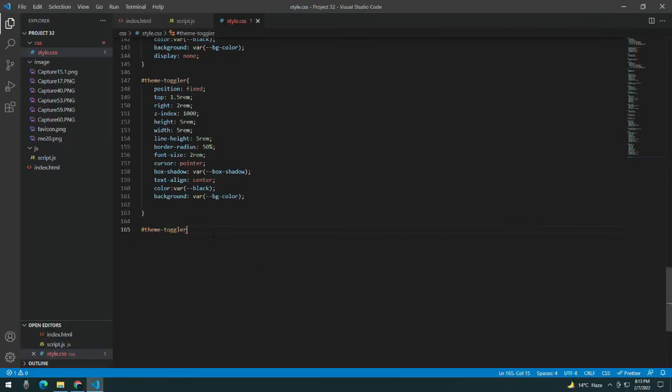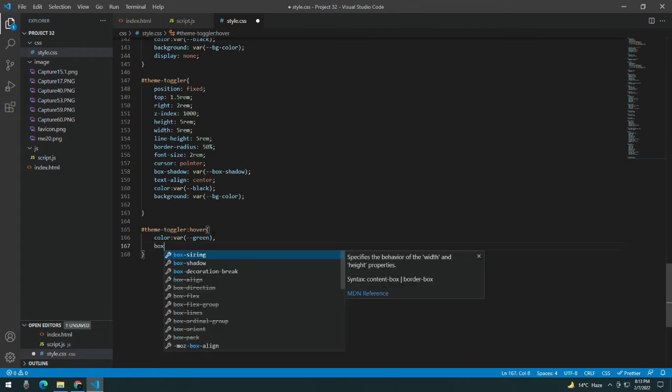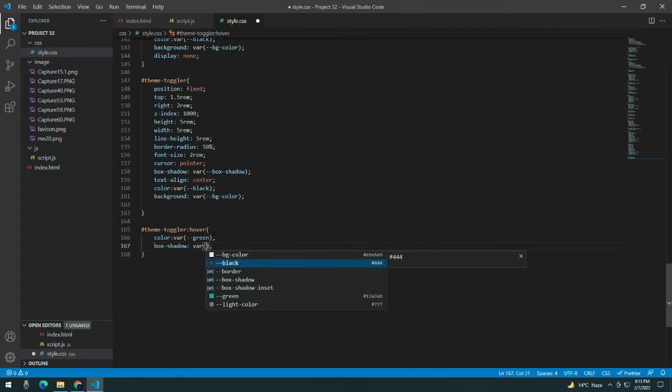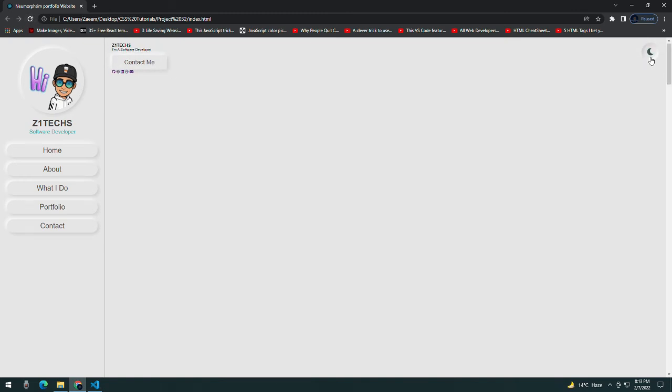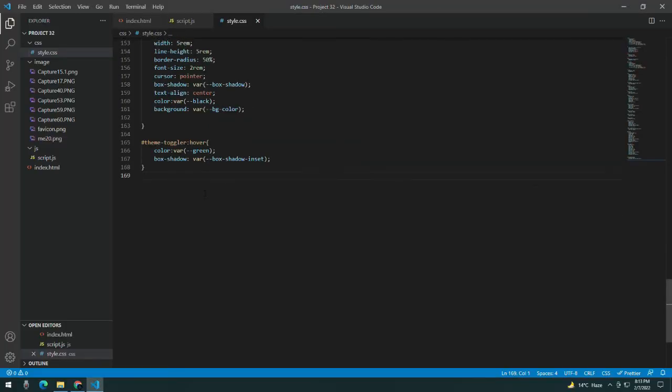I will give it a hover effect now and give it a color of green. Color, green variable. Box shadow should be box shadow inset. You can see like that how good it looks. It's neumorphism effect. Now taking the home, display of flex,